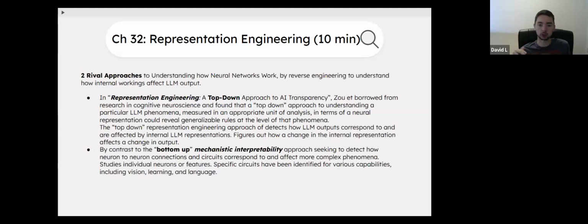But there's also a top-down approach, which is borrowed from cognitive neuroscience. The mechanistic interpretability approach is kind of borrowed from computer science. The representation engineering top-down approach is borrowed from cognitive neuroscience, and it focuses on understanding a particular phenomenon. So instead of dealing with the low-level neuron connections in circuits, which can be difficult because there's billions and they interact in really complex ways, we instead focus on a particular trait of the output, like sarcasm or humor or something, and we measure it